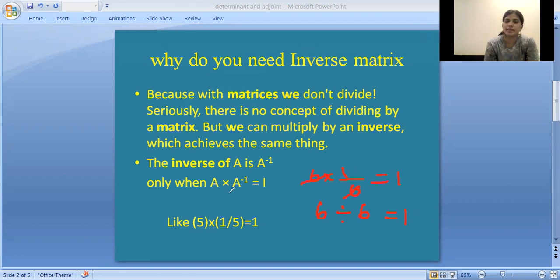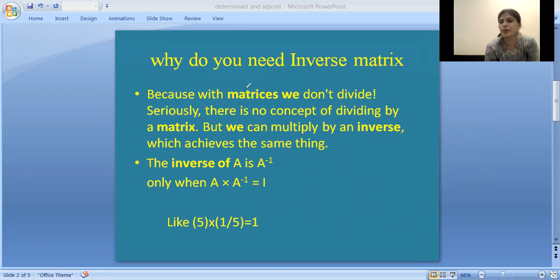You are applying the same concept in the matrix also. The matrix A is multiplied by its inverse matrix, which results I. I is nothing but identity matrix. In identity matrix, you'll be having only ones and zeros as the answer. 1 0 0 1 for the 2 cross 2 identity matrix. So this is equivalent to the integer 1. So basically you use inverse matrix for the division purpose in the matrix.